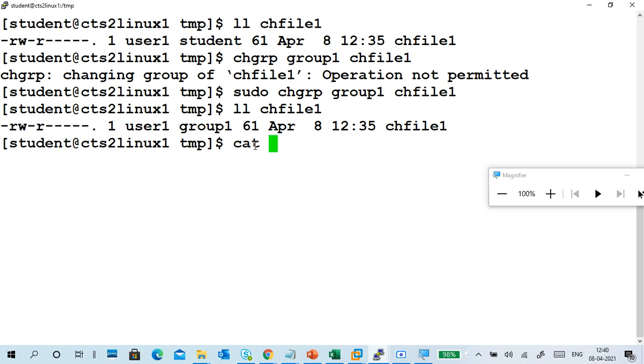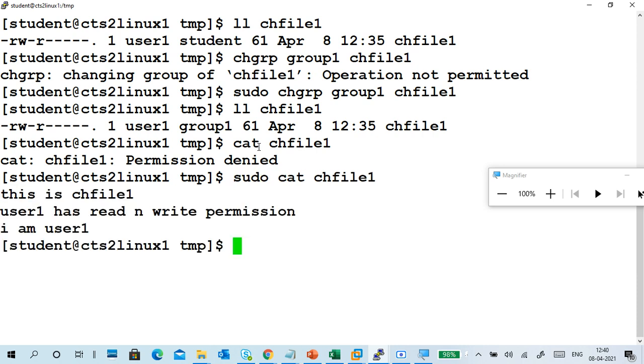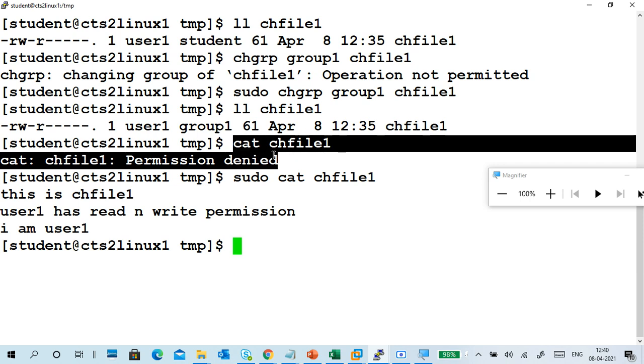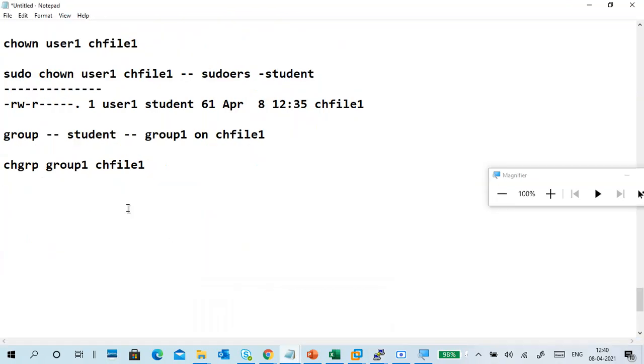So if I cat chfile1, access denied. I can't read it, but I can override with sudo, doing it as a superuser. That's the difference between sudo and normal. But normally student becomes others. So this is how we can change the group permission, chgrp.